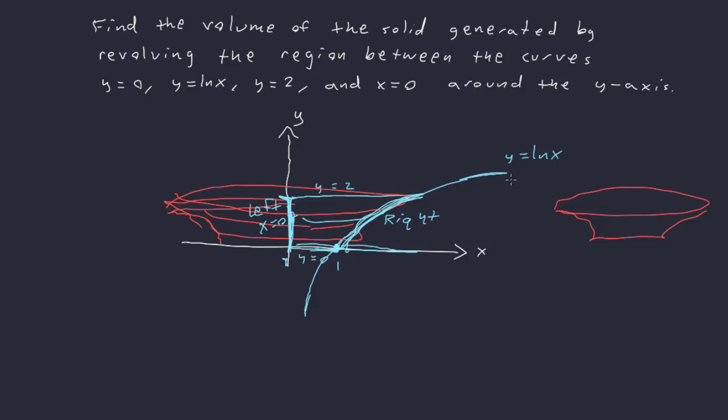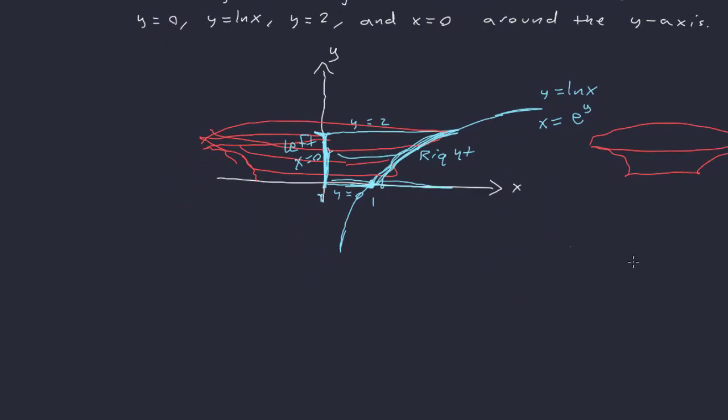Okay? So we need to get this guy in terms of x. Well, if y is equal to ln x, that means x is equal to e to the y. You just take the e of both sides, essentially. Okay? So this is our right side. So we have our right side and our left side. Okay, so our volume